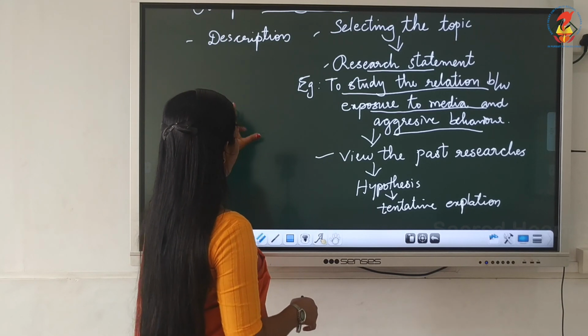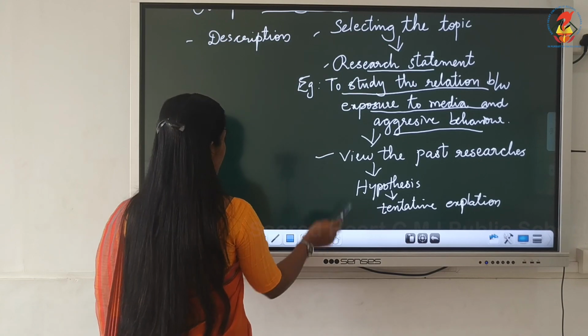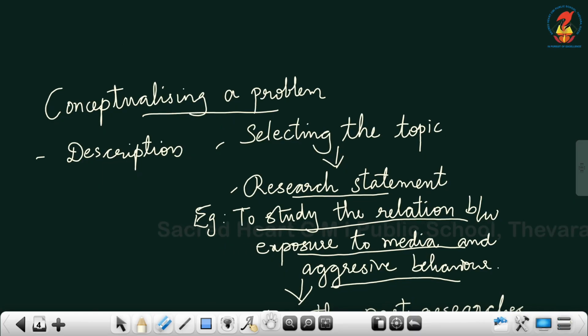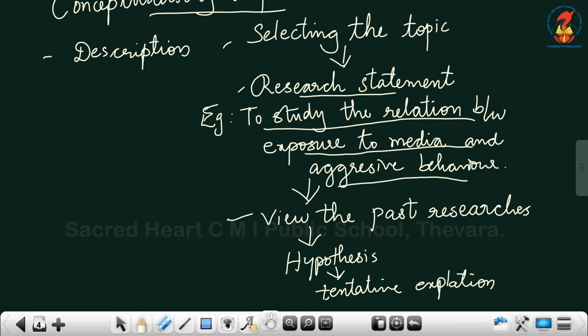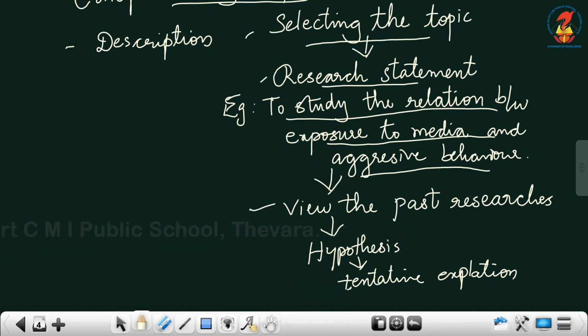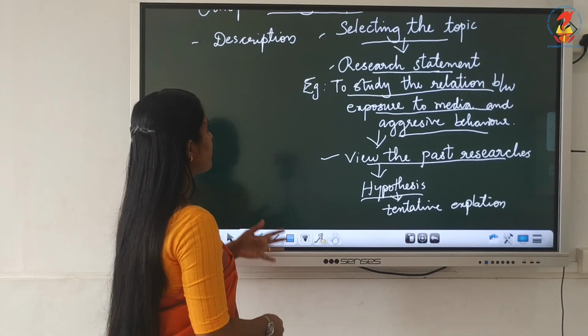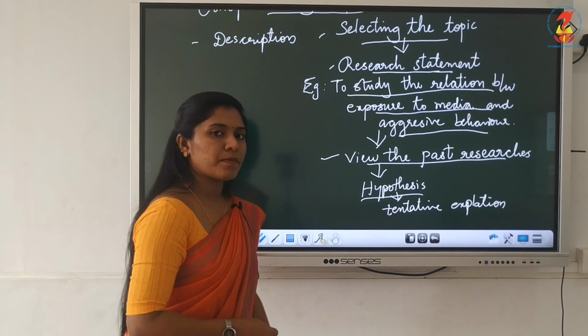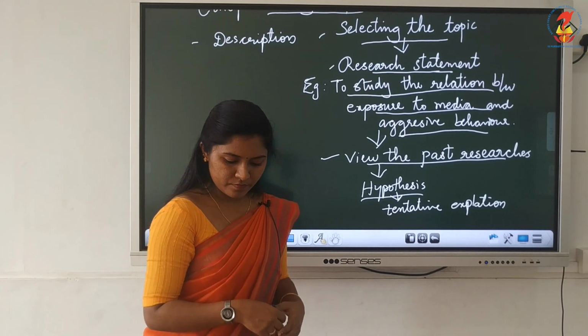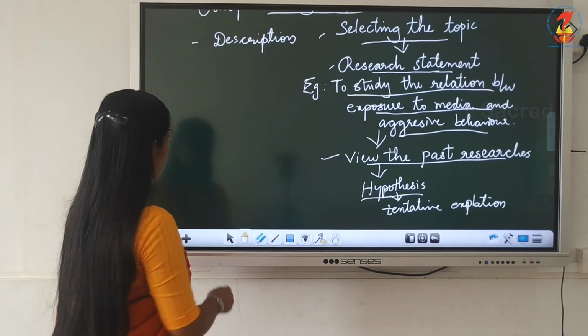So the first step, conceptualizing a problem, involves selecting the topic, then making the research statement, then viewing the past researches, and then forming a hypothesis. These are the things involved in the first step, conceptualizing a problem. Let us move on to the next step,